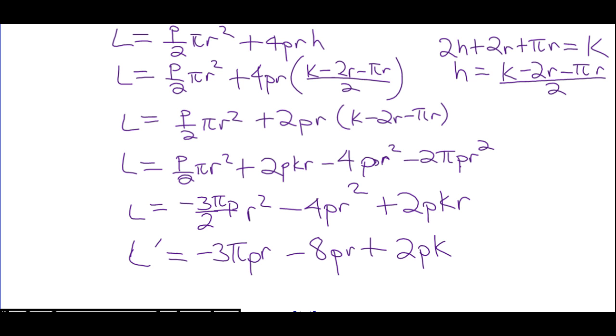This and this just carry down. We're taking the derivative with respect to r, so multiplying by 2, we get that. And the 2 here, and get rid of the r. So L prime exists everywhere. Of course, I can't do that. So, L prime